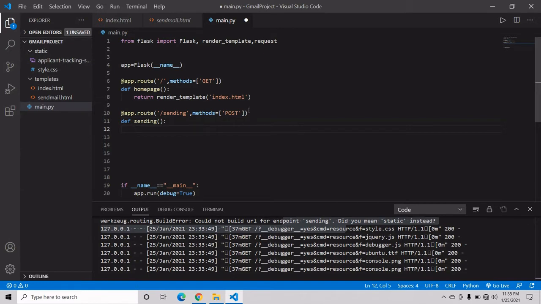Now we are saying that if request.method equal to POST, what you should do is create our username. You should take our username from our HTML page using request.form.